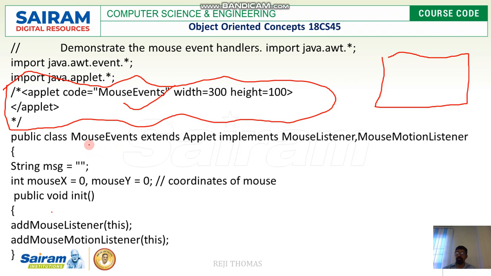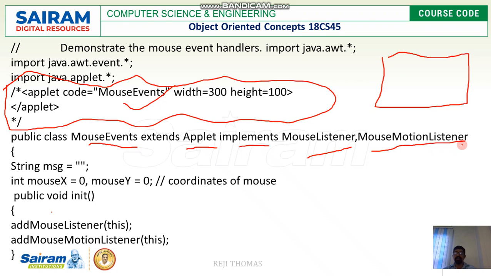Then we have a MouseEvent class which extends Applet and implements MouseListener and MouseMotionListener. As I told you just now, to handle mouse events, we need to implement two interfaces: one is the MouseListener, the other one is the MouseMotionListener interface.